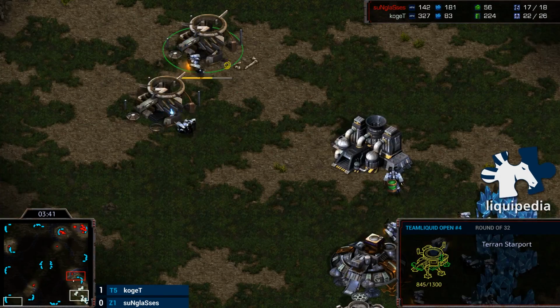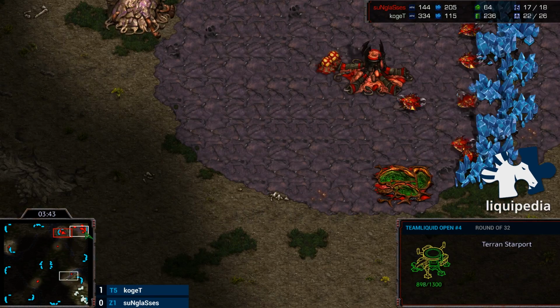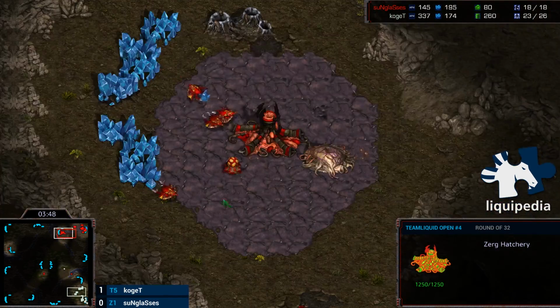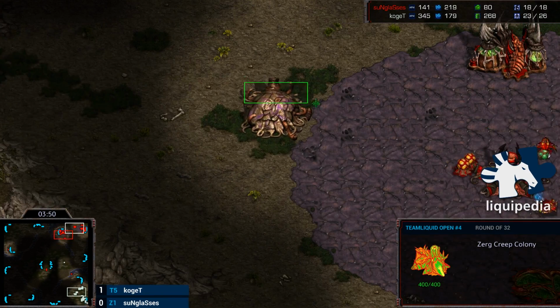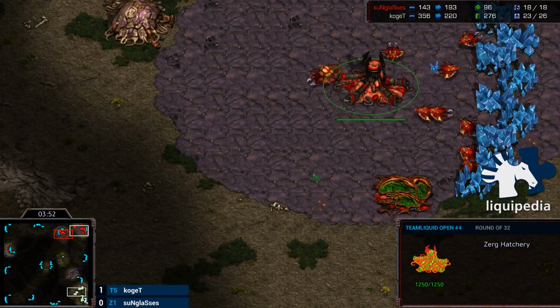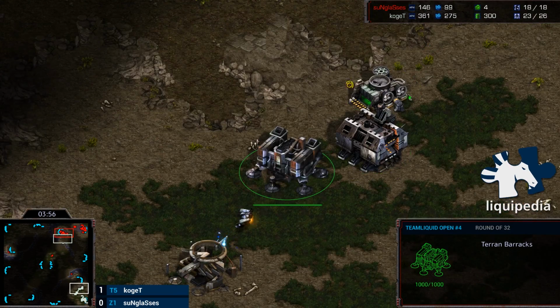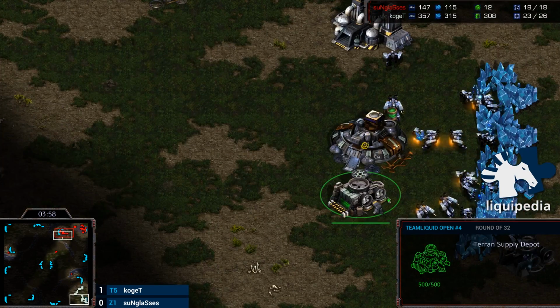Now the thing is, I'm pretty sure the response is similar, whether your opponent's going 2-port Wraith or going for a Vulture drop. What you want to do is make Hydralisks. They're good. In fact, Hydralisks are pretty much good against any kind of early tech opening from Terran, except Medic Marine drop,